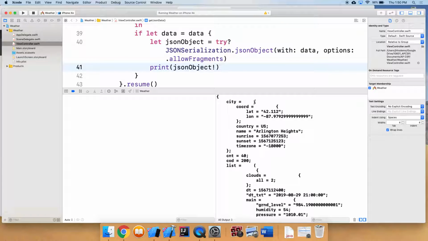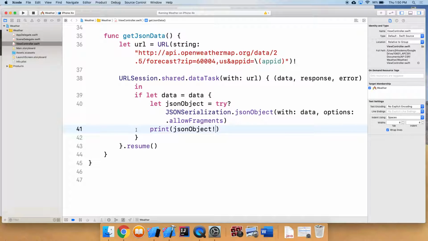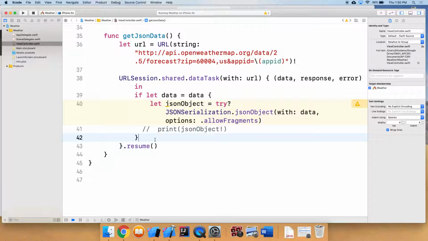Got it? Okay, go ahead and close the debug because I don't need the debug pane. And you can comment out the print of JSON. I don't need it. Okay? So, go to the next line of code and let's change it. Nope, after the print. End of the print, return. Perfect. So, let city dictionary